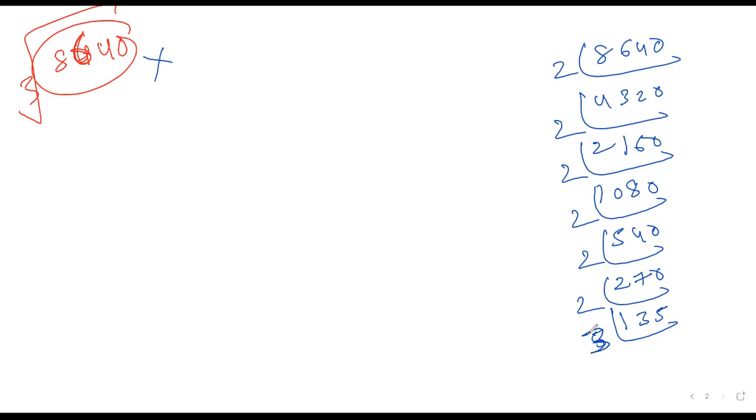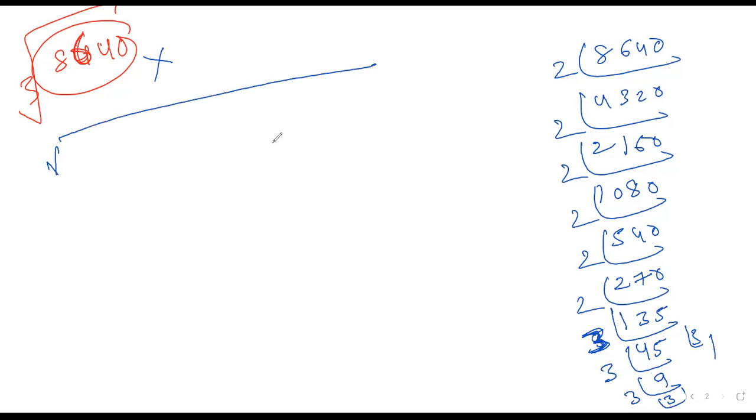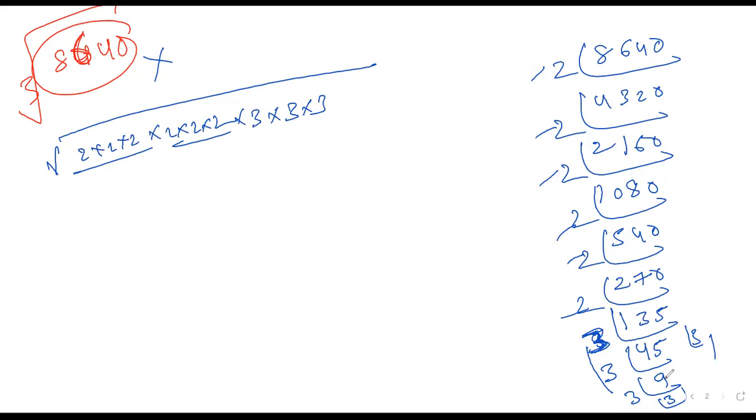So please try to go for the 3 table. Sorry for the interruption. Go for the 3 table. 3 4s are 12, 3 5s are 15. Next 3 9s are 45. 3 3s are 9, 3 1s are 3. Next 3 1s are 3. So better I should write all the numbers. What is the number here? 1 2 3 4 5 6. So like this you have six 2's. Next three 3's. And one more 3 is there.